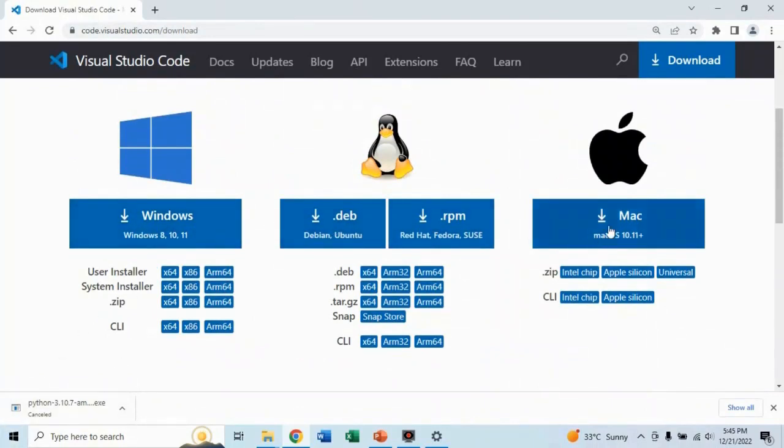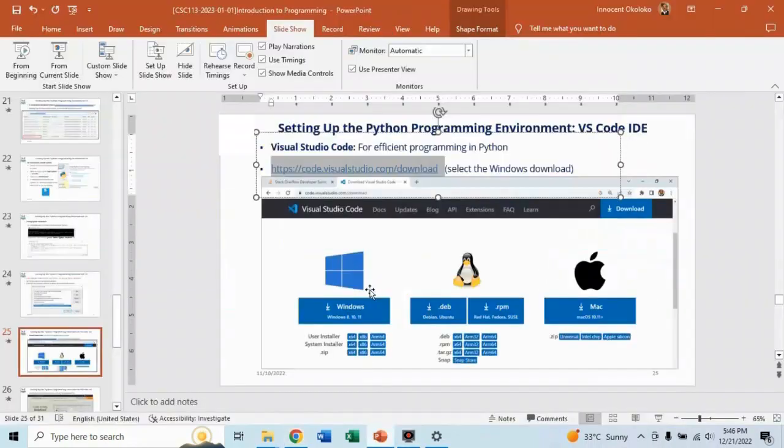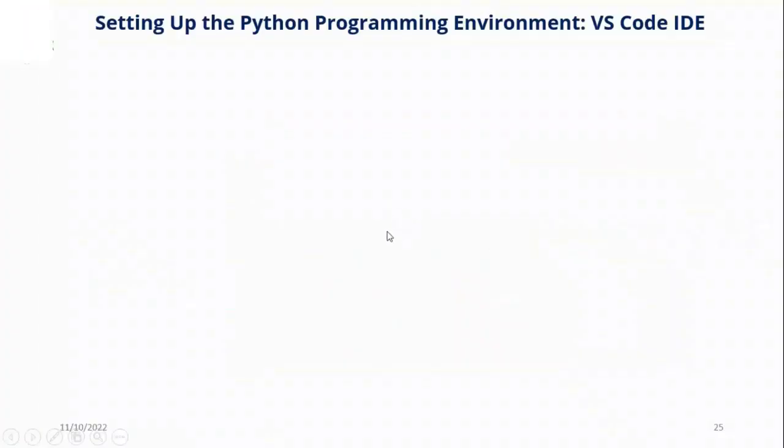If you are on Mac, this is the one you are going to download. If you're on Linux, which is another operating system, this is the one you are going to download. So we are on Windows, and I am using a 64-bit operating system. So what does the note say? The note says